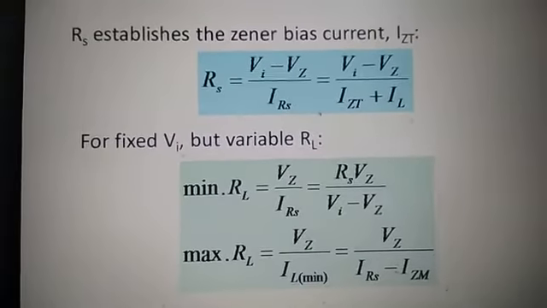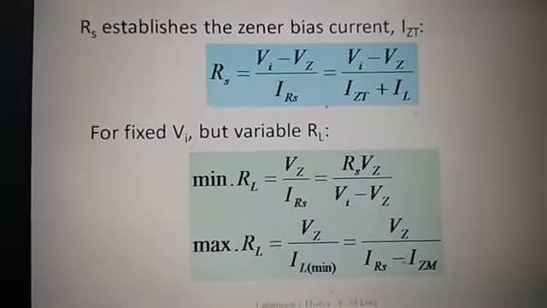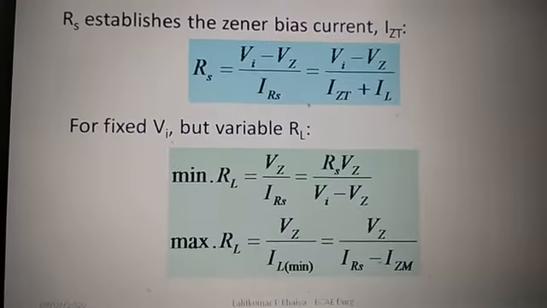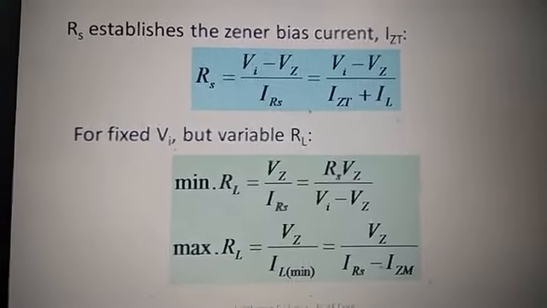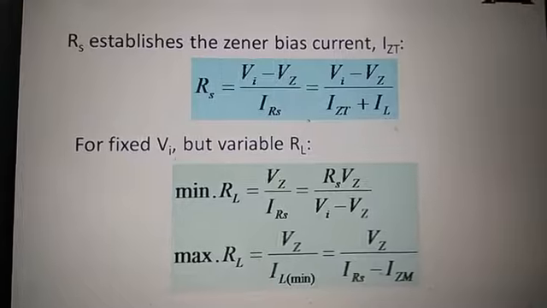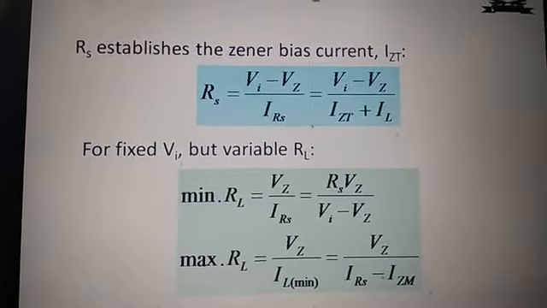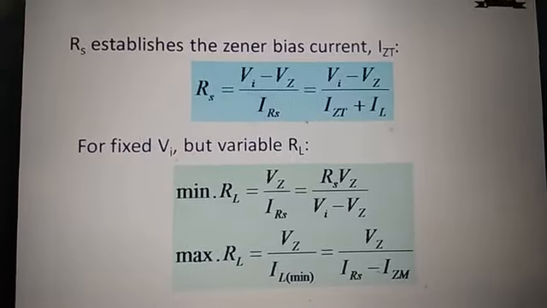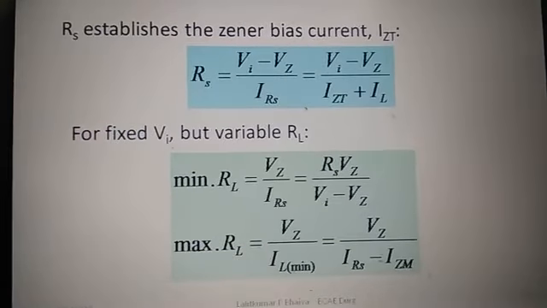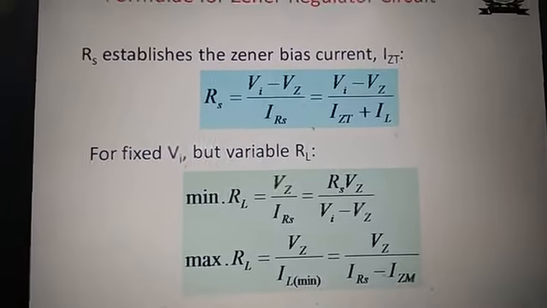The datasheet will provide the value of Zener current maximum and minimum, and also Zener voltage. That is given with every Zener diode datasheet. So you can refer to the maximum and minimum limits of the Zener diode from their datasheet.